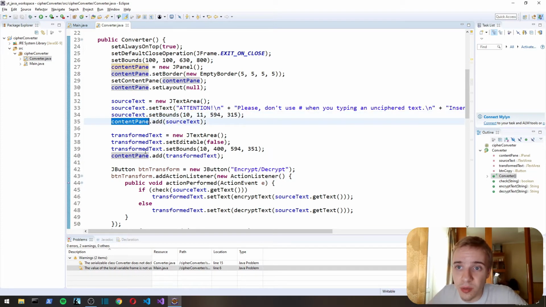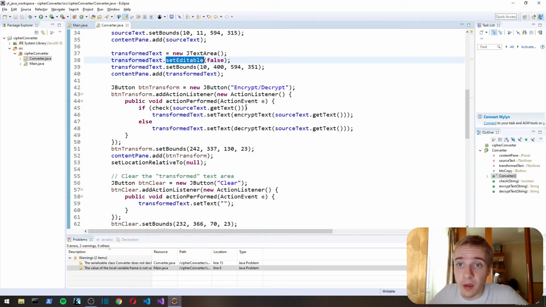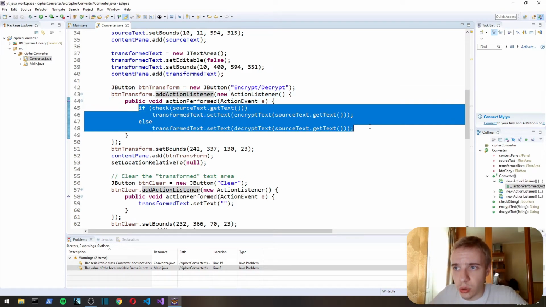We add it to the content pane, same for transform text, but we set editable to false. Then button transform, encrypt and decrypt, it's called, and we add action listener. So what kind of action is gonna be performed when we click the button? Well, this code will be run, and as you can see, it tests check,